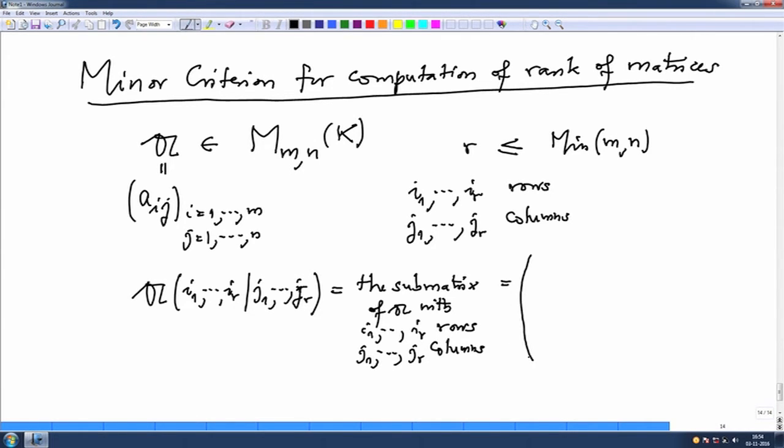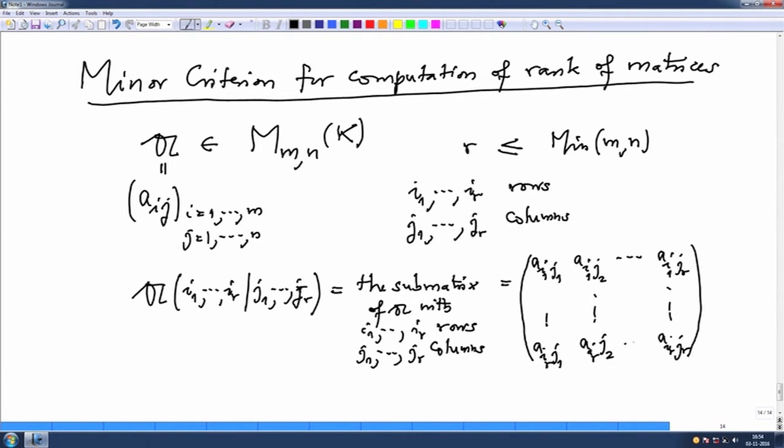So, that is also how you can write it. The first row is the i1-th row, so A_i1, first column is j1, so A_i1 j1, the row is the same, column is j2, and so on, up to A_i1 jr, and similarly for i2, i3, ir: ir j1, ir j2 and ir jr. Actually, if you notice, a lot of energy goes into deciding what the matrix is. It is better to deal with the linear maps.